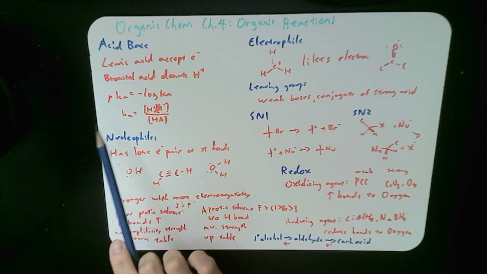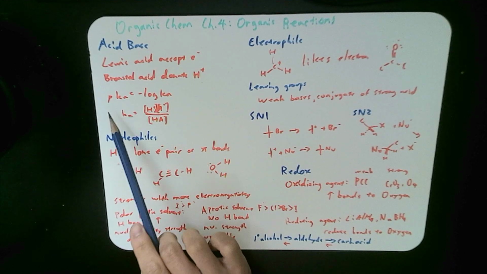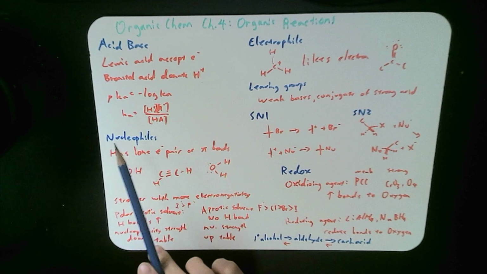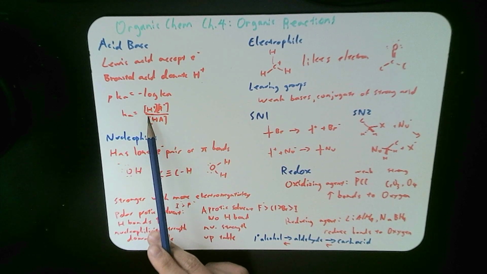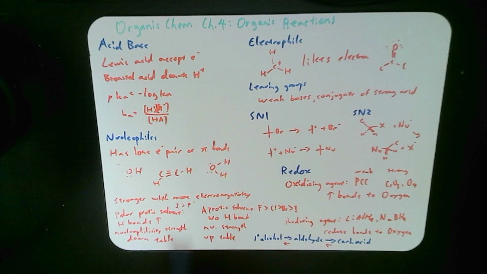Now, pKa can be calculated using the negative log of Ka, just like how pH can be calculated using the negative log of H+, and we can find out using the ratio of the proton and the base over the conjugate acid. That is the ratio of base to acid. Okay, next we have